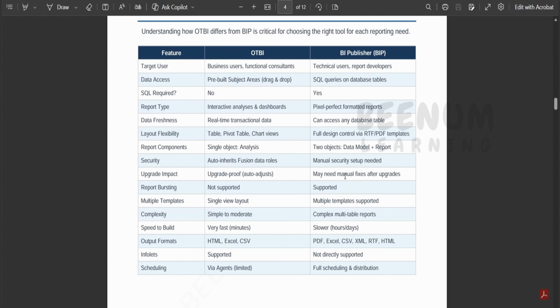And this is upgrade proof, and this requires manual fixes whenever there is a major upgrade in the database structure in the Oracle Fusion. Coming to the most important thing, that is the security. This will automatically inherit the Fusion data roles which are assigned to the user. As soon as the user opens the OTBI report, whatever roles are assigned to the user, like the privileges or